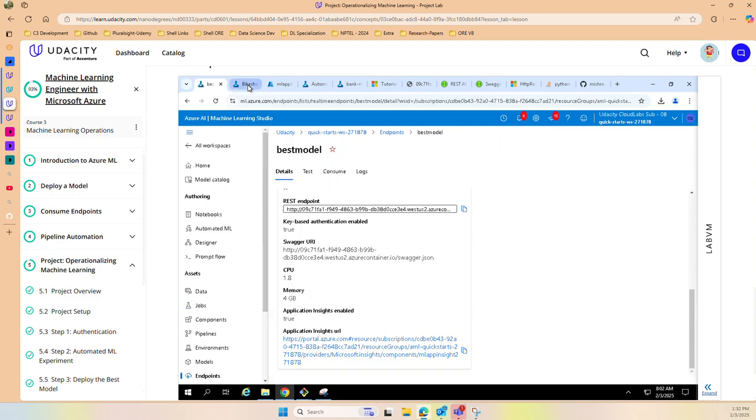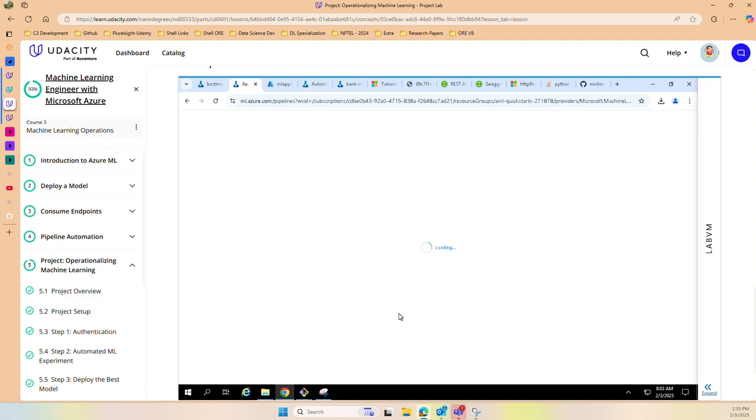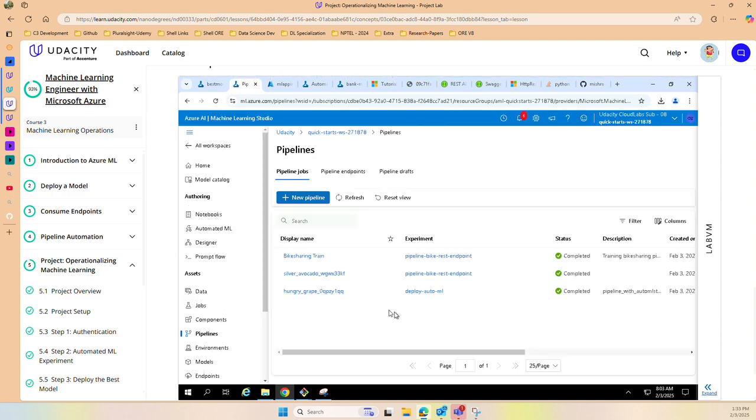Now we are going to look at the bike sharing pipeline. If I go to pipelines, you would be able to see three different pipelines. Why? Because I've created two runs for the pipeline bike experiment, one through the notebook and the other one through the triggering scenario. So if I click on bike sharing train,